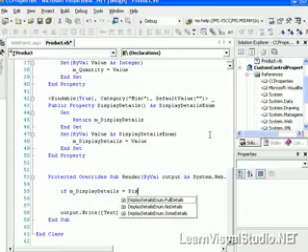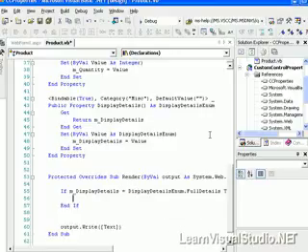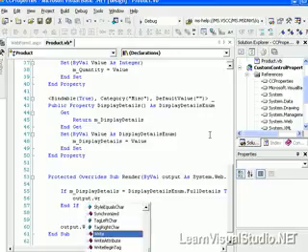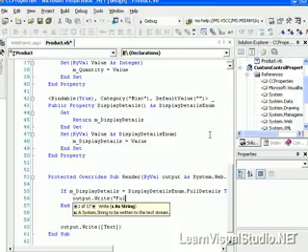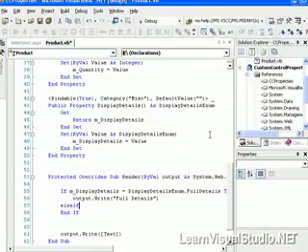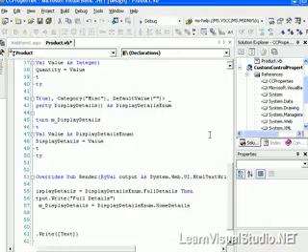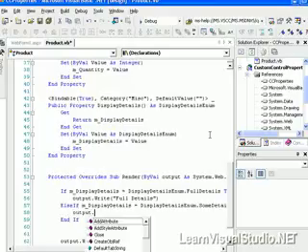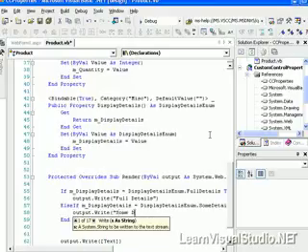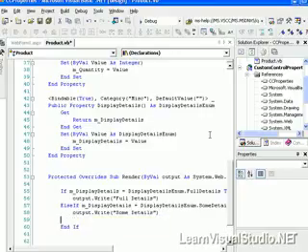So whoops, output.write, and we'll just put in full details, and we'll do else if display details equals some details, then output.write some details, and then finally output.write no details. Okay, and let's just go ahead and get rid of this line here, and we'll recompile or rebuild it